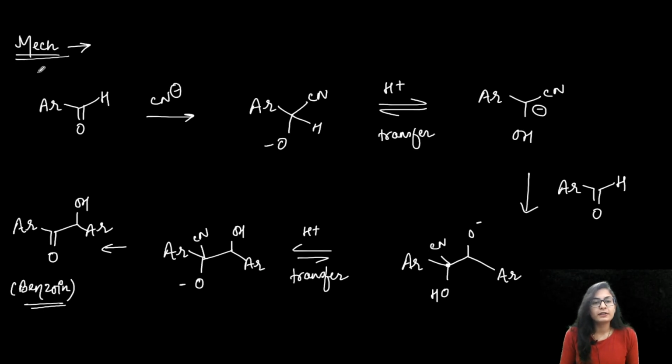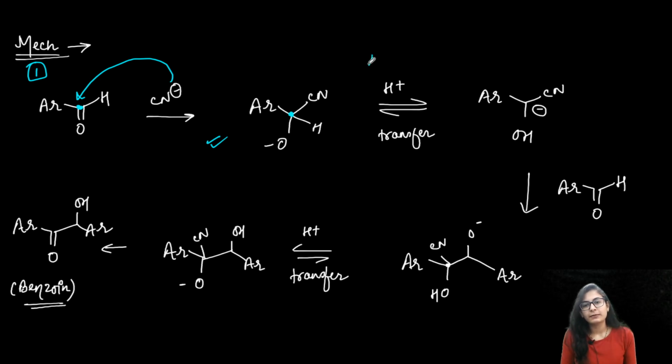Alright, so for the first example, what do you understand? Here it is like this: the aldehyde, the aromatic aldehyde that you have, cyanide is going to attack on the carbonyl carbon, and just like it gives the cyanohydrin, it's going to give a tetrahedral intermediate like this. Now this is not cyanohydrin because the O is not OH yet. Alright, so it is the tetrahedral intermediate that you get.